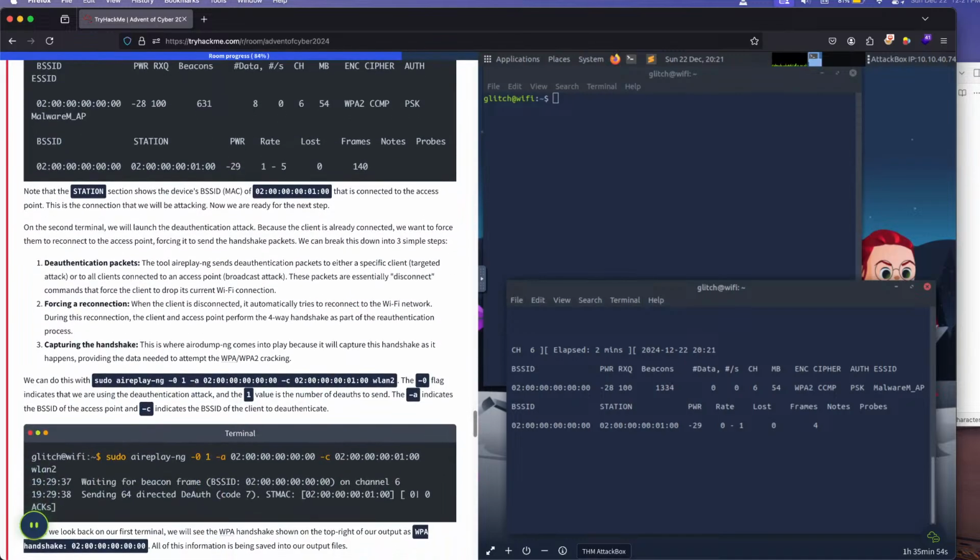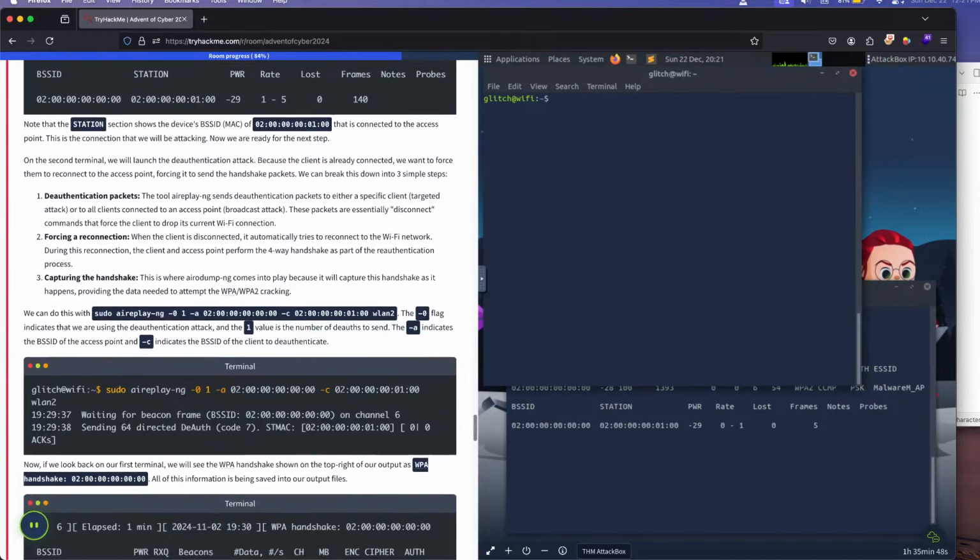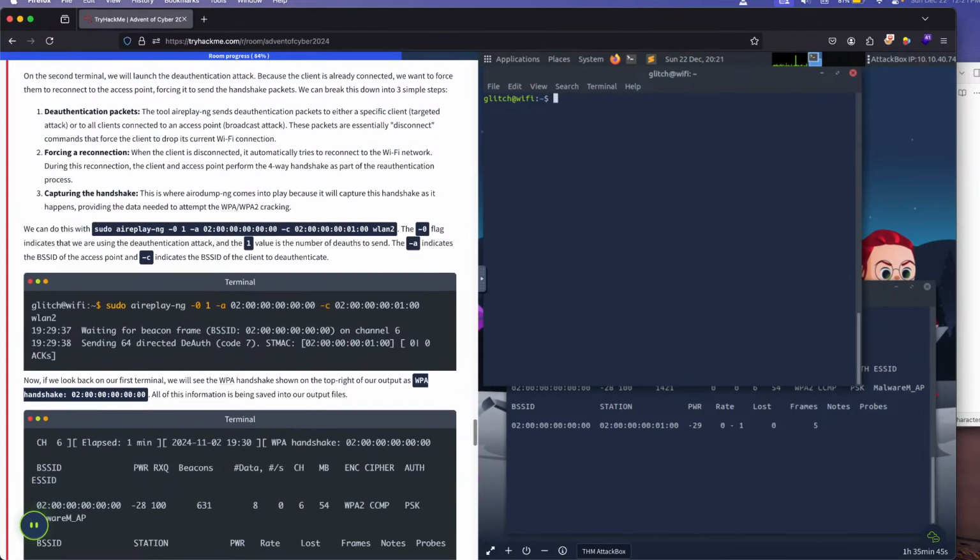Now we are ready for the next step. On the second terminal, we will launch a deauth attack. Because the client is already connected, we want to force them to reconnect to the access point, forcing it to send the handshake packets. We can break it down into three simple steps. Deauthentication packets. The tool aireplay-ng sends deauth packets to either a specific client, a targeted attack, or to all clients connected to an access point, a broadcast. These packets are essentially commands that force the client to drop its current Wi-Fi connection,